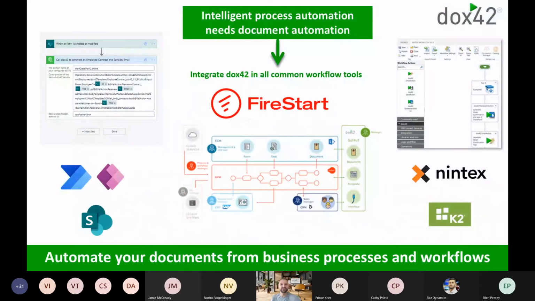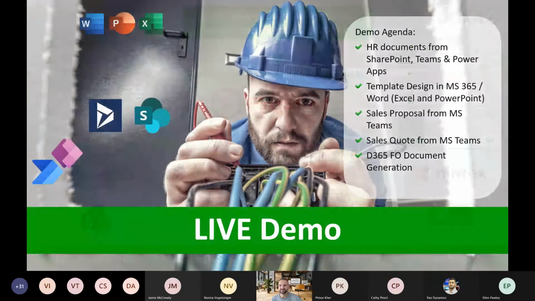And of course, document automation in many cases might be that there is a manual trigger where you, as, for example, a sales representative, want to generate the document. But as you see here, there are also many integrations into workflow tools that are out there on the market, as well as, of course, the Microsoft standards, which is something we will focus on today. So much for that input.